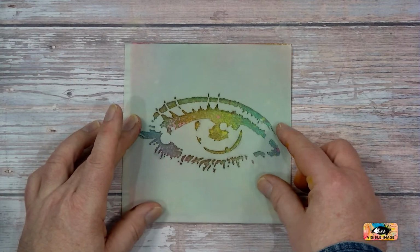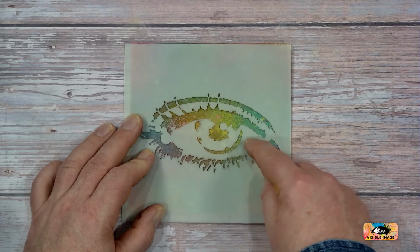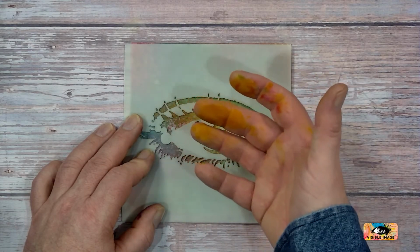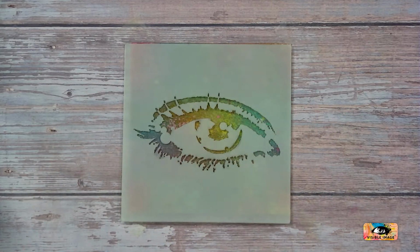So I'm going to place that stencil on top. Now, do you see what I mean about that? If I'd cut out possibly this shape here and stuck it down on my piece of card, I could have probably masked it off completely and had that white area. Or maybe you wanted to use some, what else could we have used? Oh, we could have used